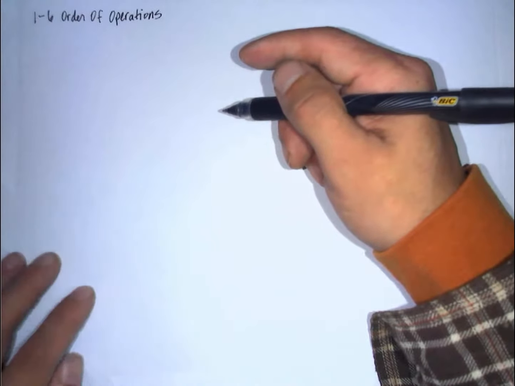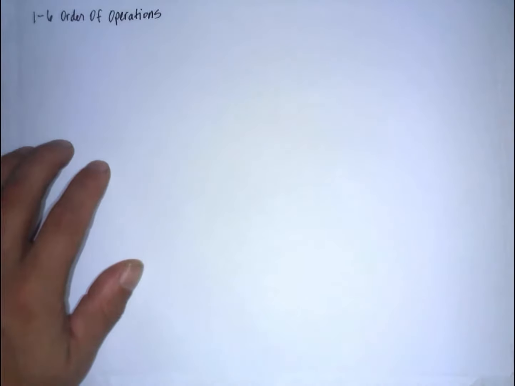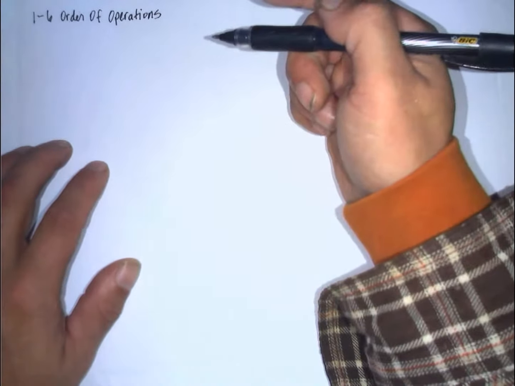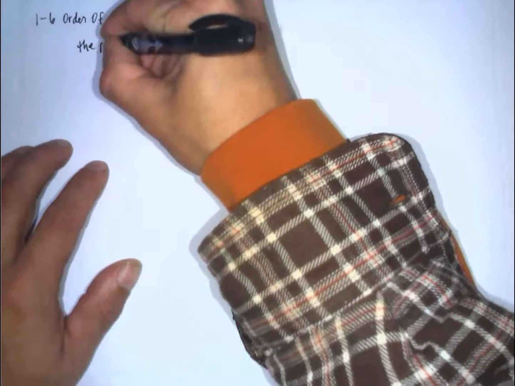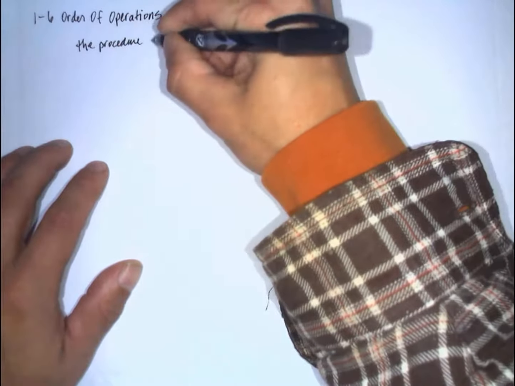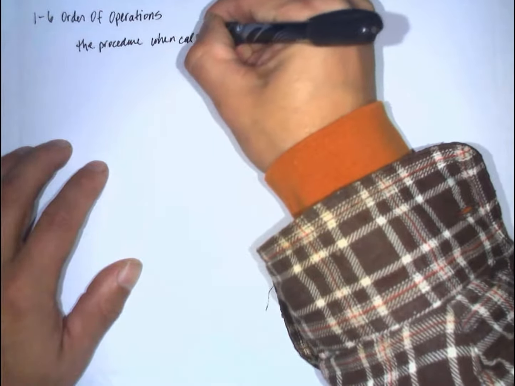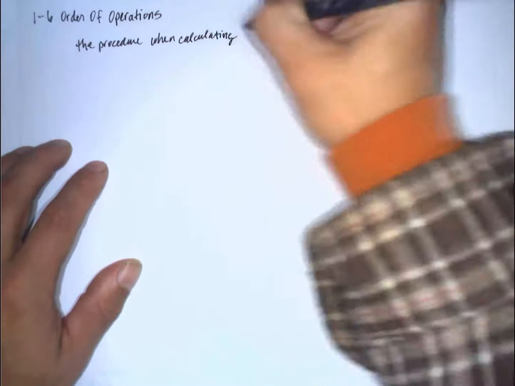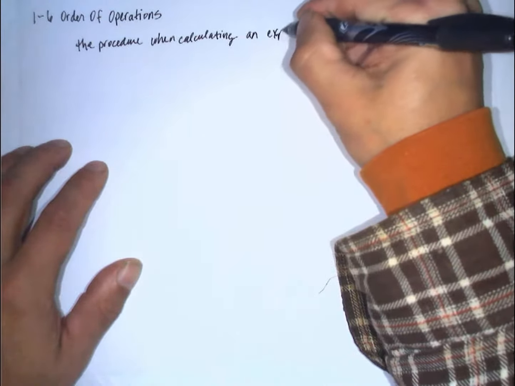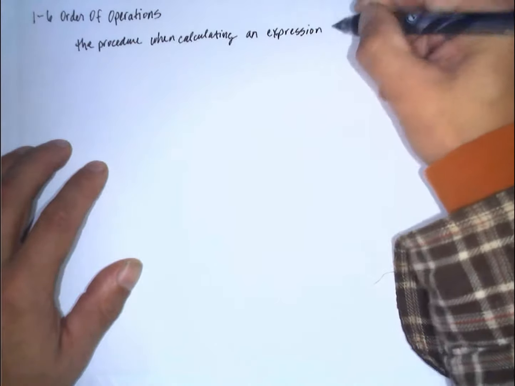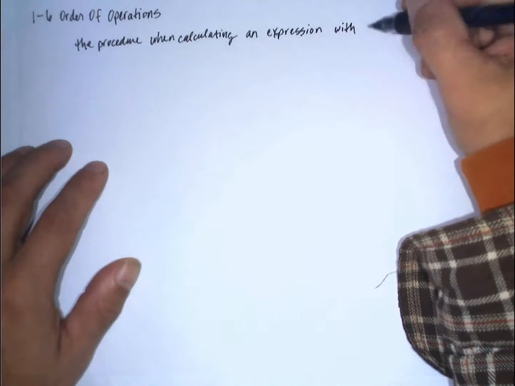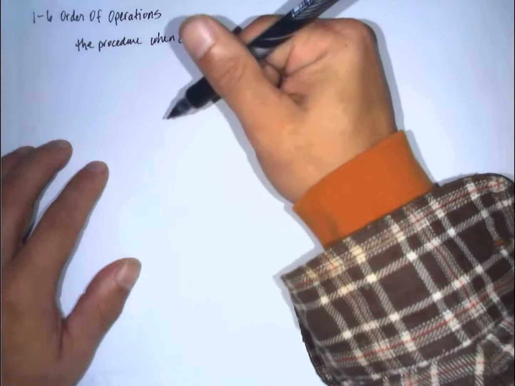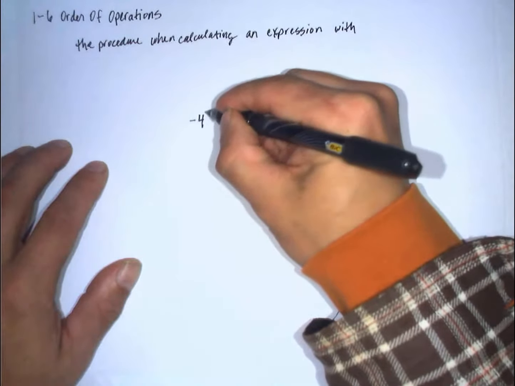This is the sixth lecture in our unit on algebraic foundations, and we need to introduce the order of operations before we can continue on and do other things. And the order of operations is the procedure when calculating an expression with multiple operations. So we had to sit down and say, well, if there was, I'll put our example up here. If we have this,